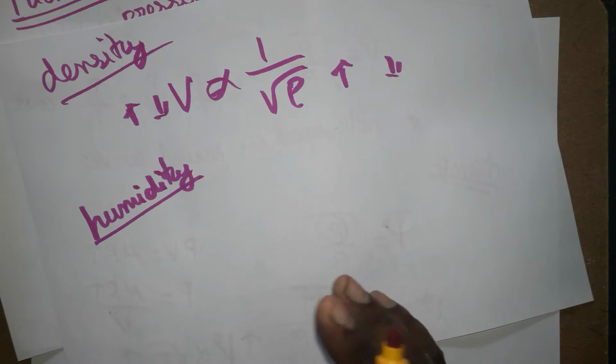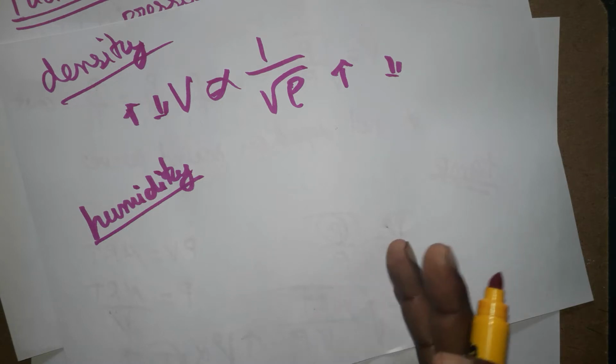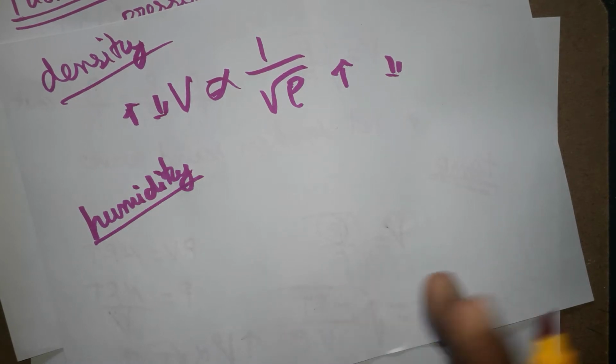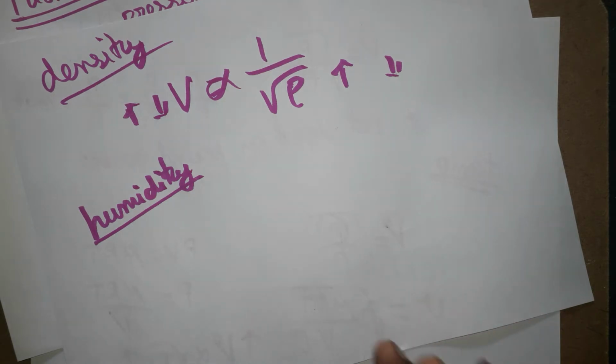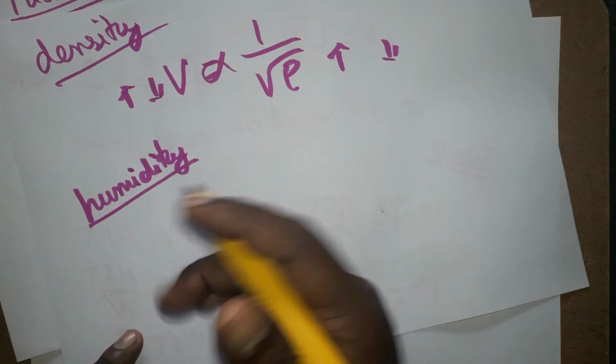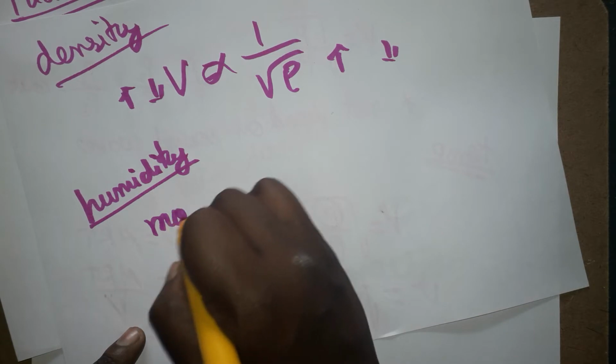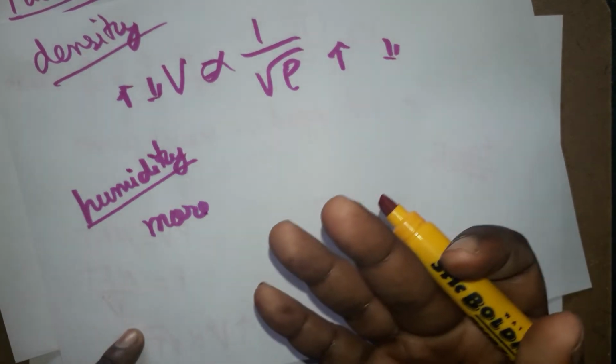So more cold, we can have less density. Because dry air, compared to humid air, will be more dense. Dry air is more dense compared to the cold morning atmosphere air, which is humid. So this is what we can come to know. See here, in the morning time there is more humidity,